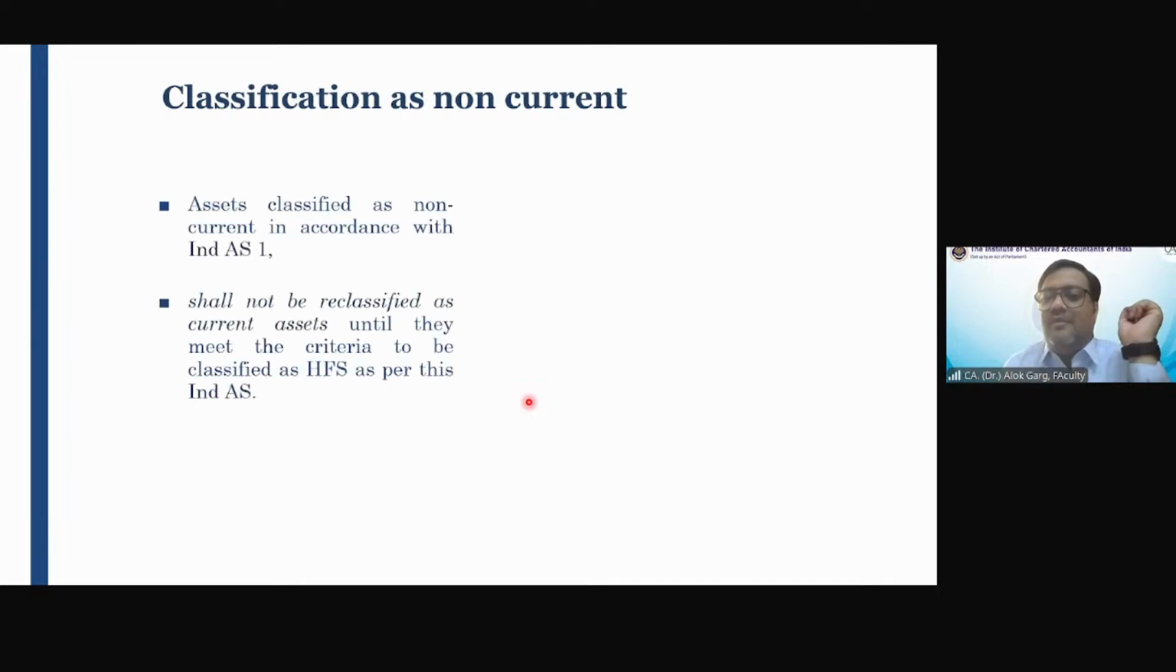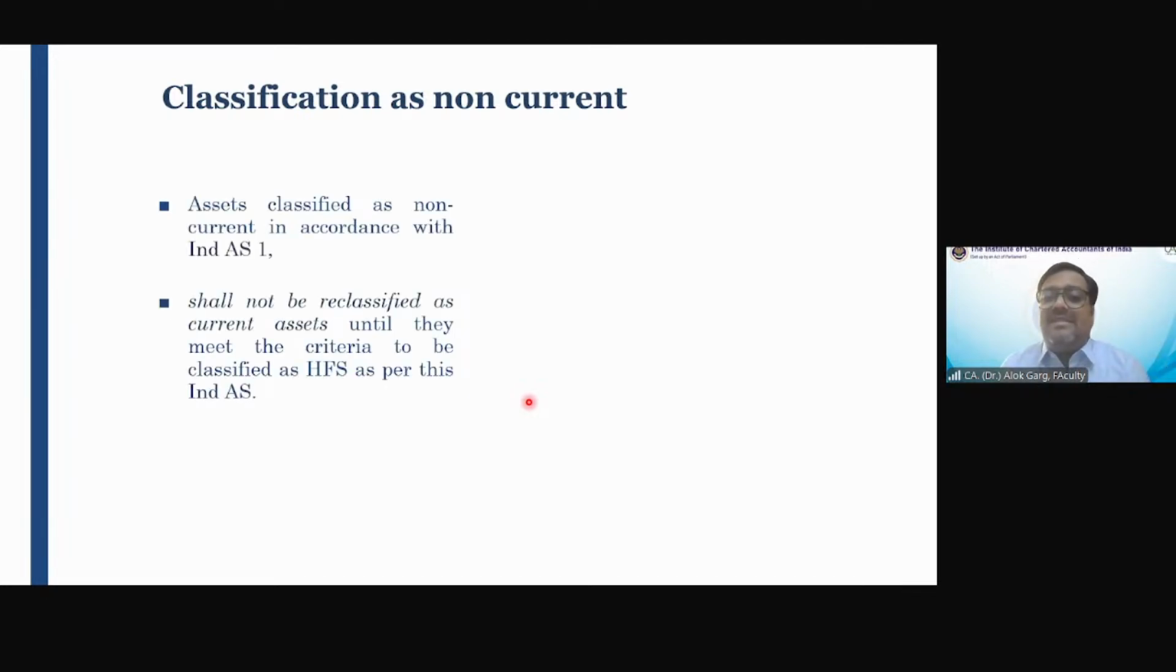My dear friends, if I'll summarize, this standard is applicable to largely 4 assets. Number 1, PPE. Number 2, intangible asset. Number 3, investment property. Number 4, goodwill arising in business combination. So this standard is applicable largely to 4 assets when it becomes held for sale: PPE, investment property, intangible asset, goodwill. Okay. So friends,